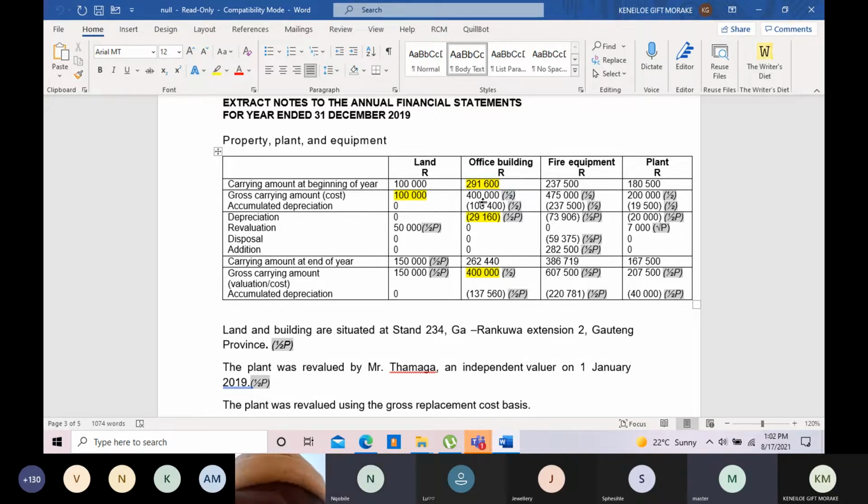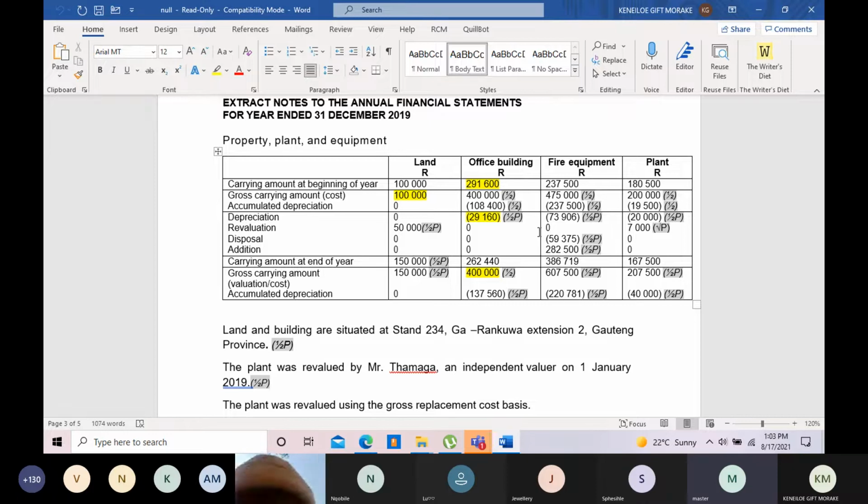Now, to determine the accumulated depreciation at the end, I'm saying this slowly now. You have to have the accumulated at the beginning and the depreciation. I mean to say you take the 108,400 at the beginning as your accumulated at the beginning, you add the depreciation during the year. In that way, you're going to get how much? You're going to get the